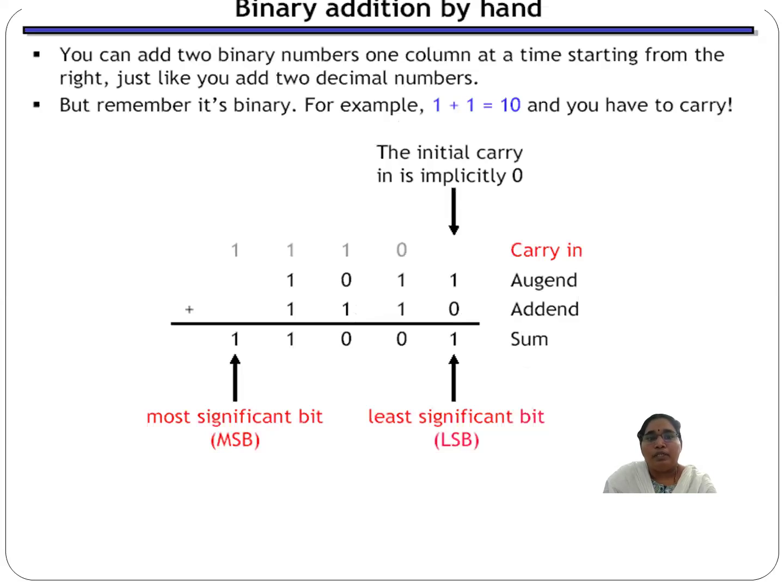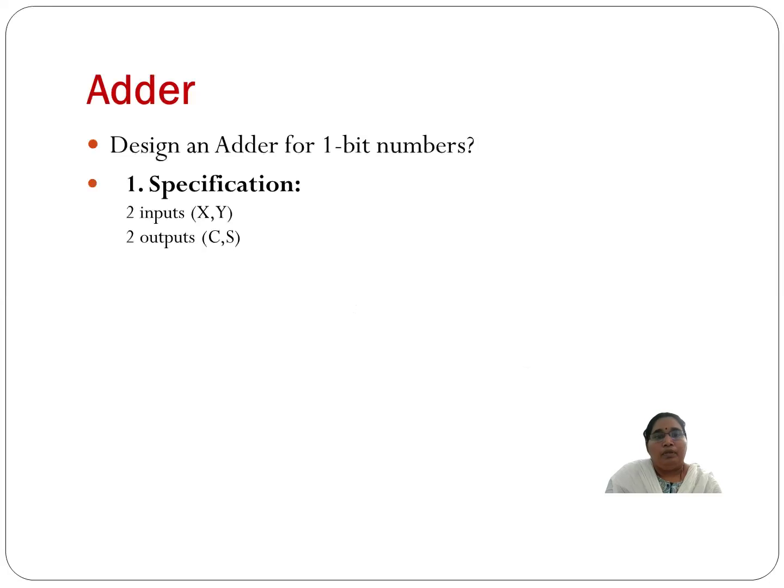If we want to design a circuit that performs the addition of two binary numbers like this, then we need to proceed in a systematic way. We need smaller circuits first to add bits of information, and those circuits can be used in an iterative way to design a larger adder circuit. Now, design an adder for 1-bit numbers. To add two 1-bit numbers,